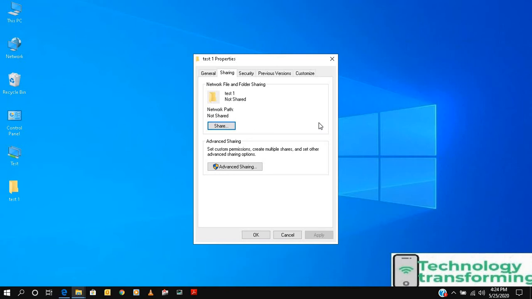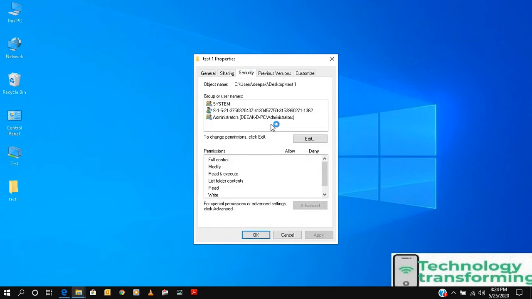Or in a centralized location, if you have a server, the server will give you a shareable drive. Because a laptop or desktop can crash, its hard disk can crash anytime because it's a machine. So people will save their data on the servers. Basically, sharing is for that purpose.